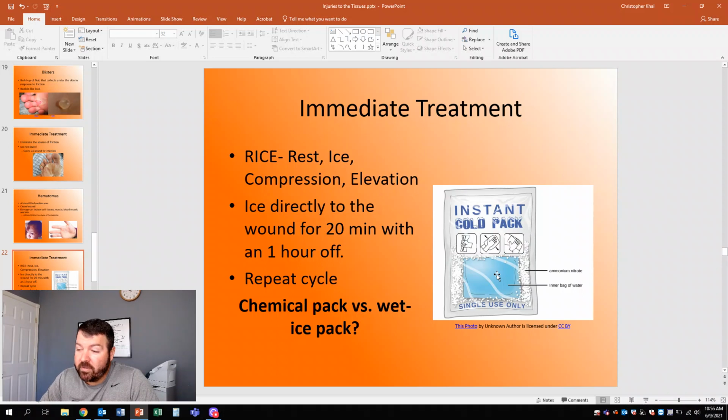If you want to make your own chemical pack, it's really easy. All you need is some rubbing alcohol, a gallon bag, and water. It's 1 part rubbing alcohol to 3 parts water, and that's all it is. Put it in the freezer for, depending on your freezer, half a day or whatever it is, and it comes out like a slushy. Don't drink it, but you can put it in a pillowcase as your barrier, and put it directly on whatever area you want to ice.